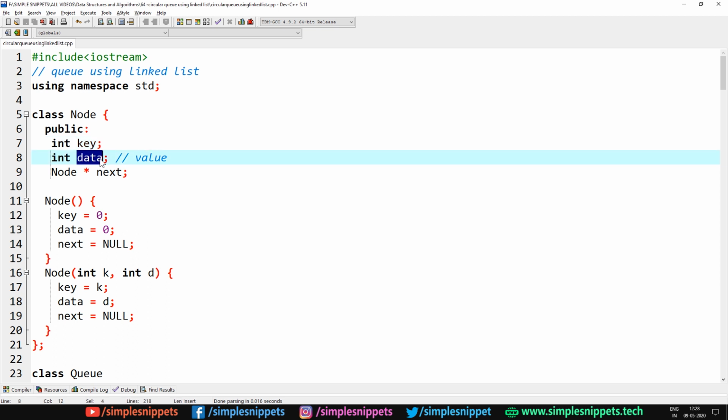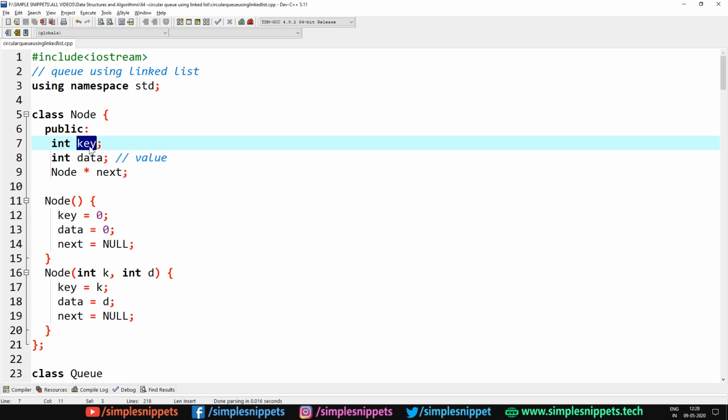The data can be duplicate. This data is also known as value. So the value can have duplicate values. So N1 and N2 can have 100 and 100 as data, but the keys have to be different. Now this is not necessary, this is just the way our implementation is, and the reason, as I mentioned, is